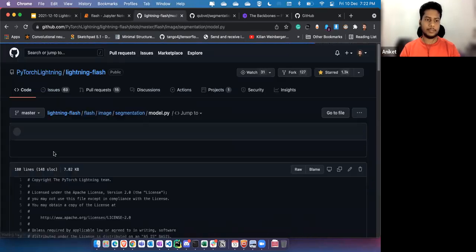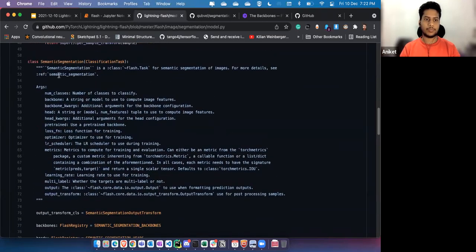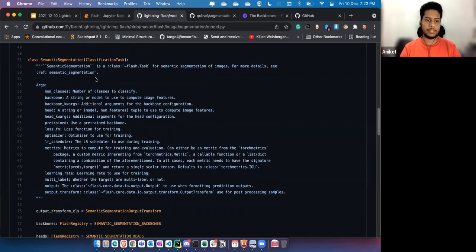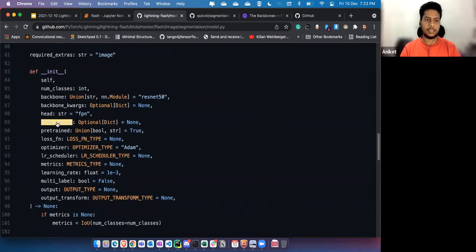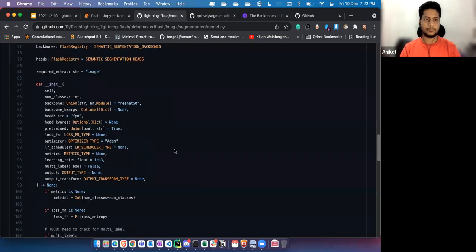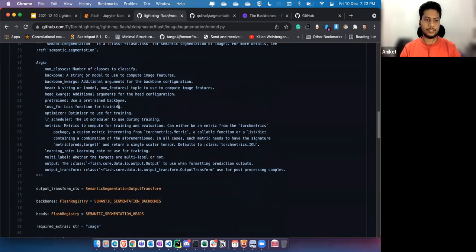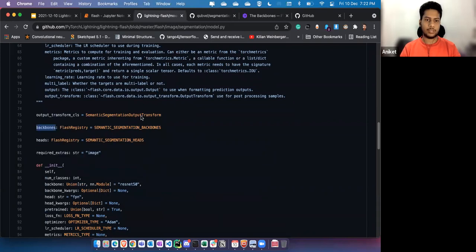If I come to model.py, if you have already used Flash, you might have used this: from flash.image import SemanticSegmentation. These are the arguments that you need to provide: number of classes, backbone, head, head kwargs, pretrained, and loss function, all of these things. If we check the class definition here, we have a backbones variable, which is the semantic segmentation backbones that we just created in the backbones module.